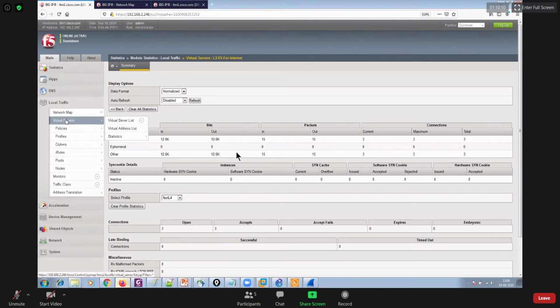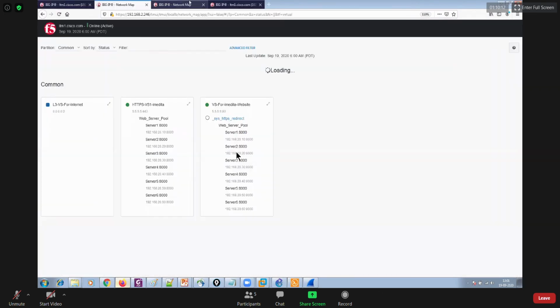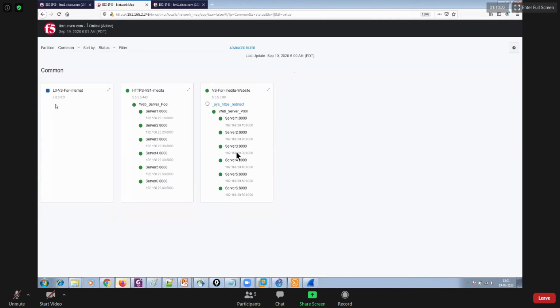And thereafter, you can also go back to the network map and you can see the status of your virtual server. So it is still unknown, right? This virtual server is working as a router now for the traffic being initiated by the real servers. So now your real servers have access to the internet, and the PAT is being done by the big IP, and that should not be an issue for any one of you.